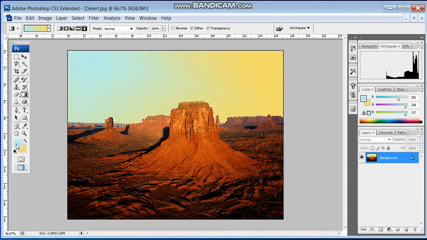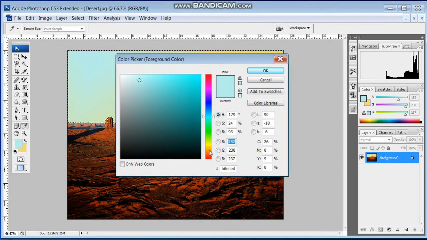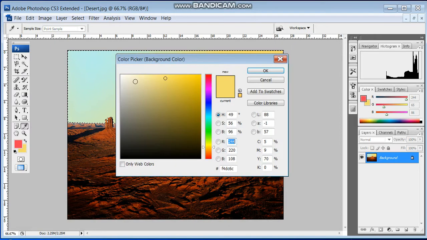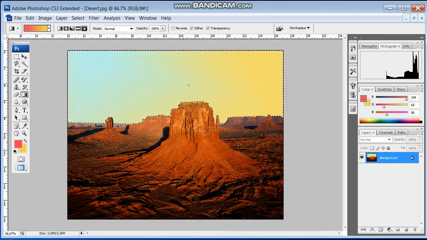Suppose you change the colors. For example, I am going to take something from here, red, and something from here, yellow. So the gradient will be like this. And if I drag it like this, what happened?